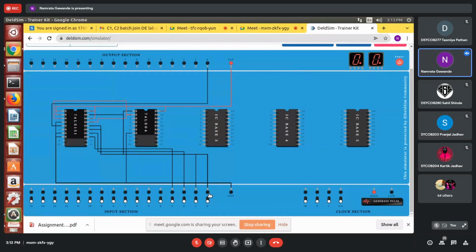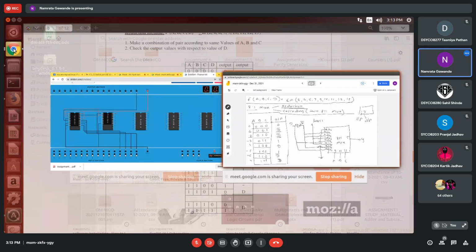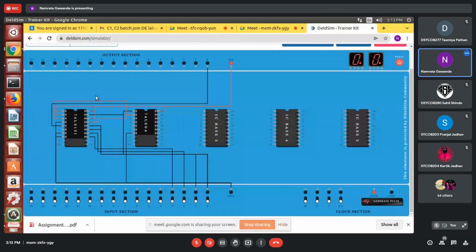Okay, 8:1 mux reduction technique. So this you should know. So we have used this particular reduction technique. Is there any doubt? Have all understood, C division? C1, C2 batch?